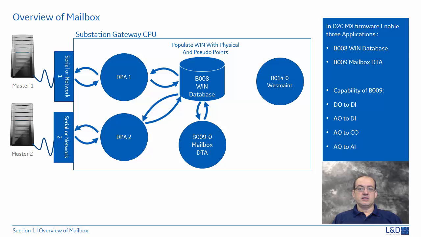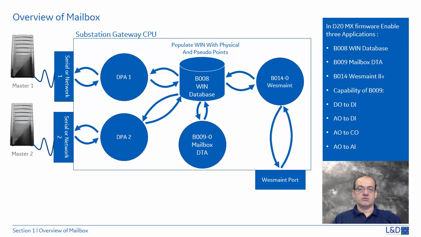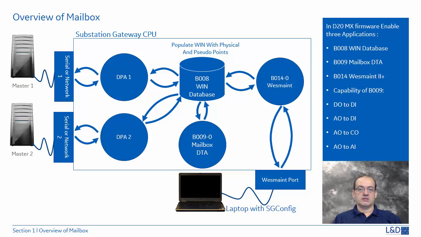In order to see the changes, the last application that we will need to enable is B014. B014 basically will communicate with the WIN database, and through the westmain port, it will connect to our sgconfig terminal and then show us the activity of the points in the sgconfig terminal. Okay,